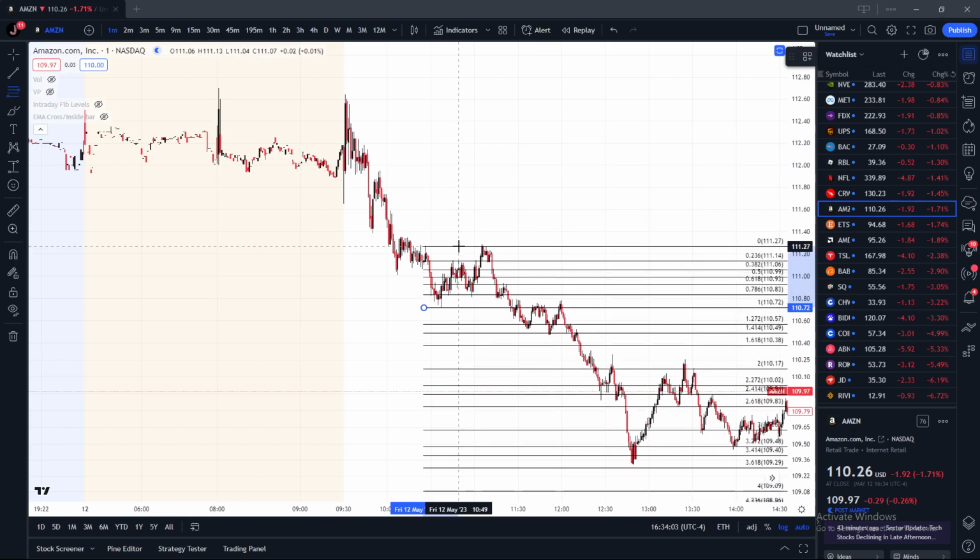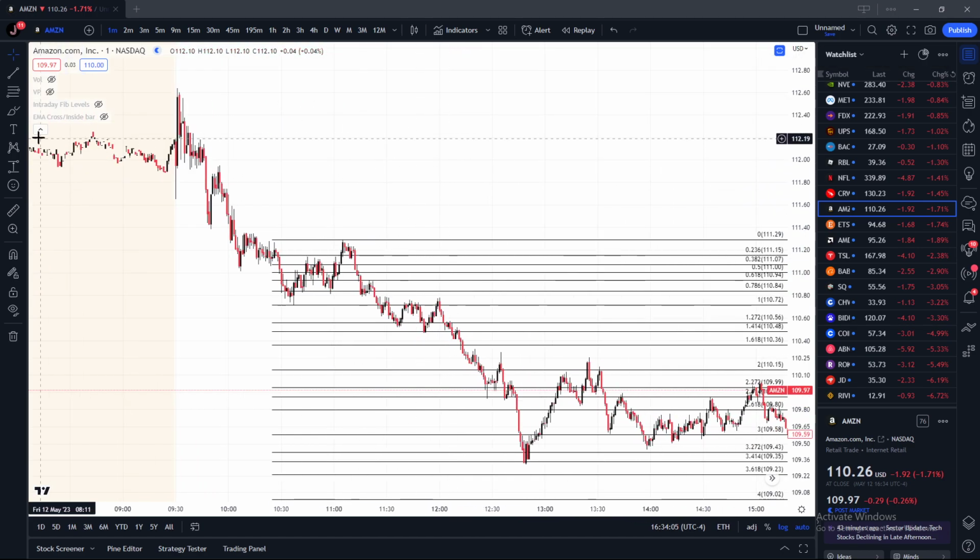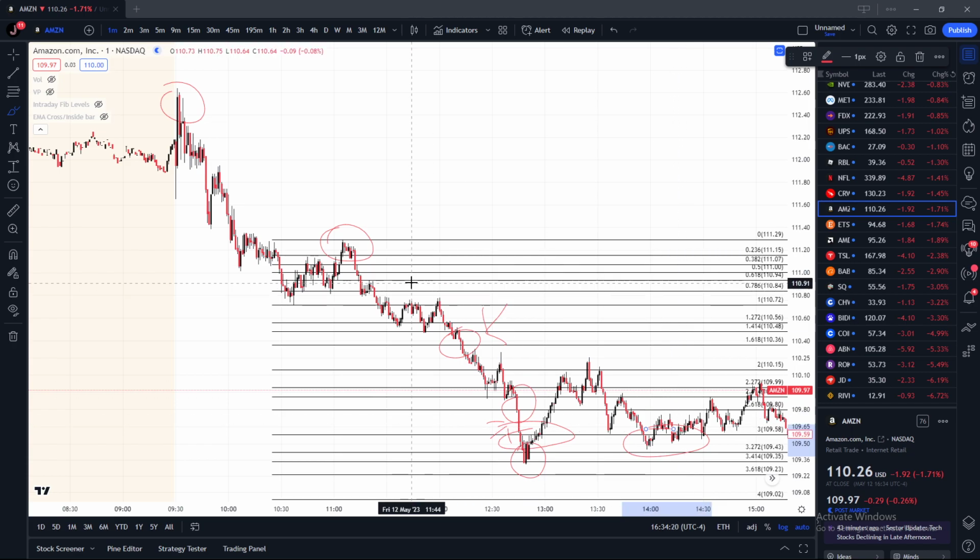So 1618. Remember, extreme selling. 1618 flushes through. 2618 flushes through. Equal weight low. So remember, why are we saying this is an equal weight? So everyone understands this, I don't want anyone confused.